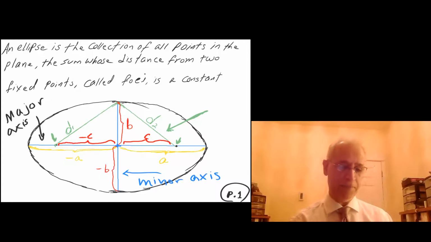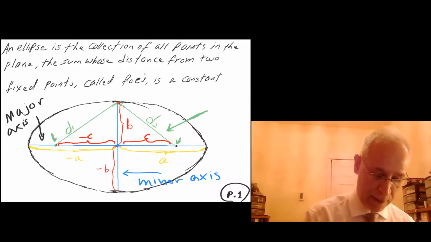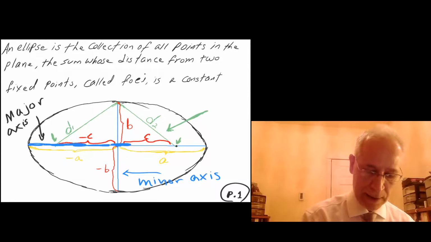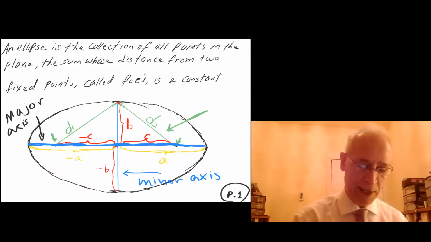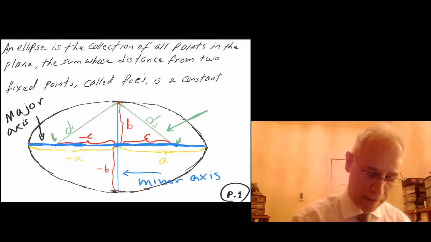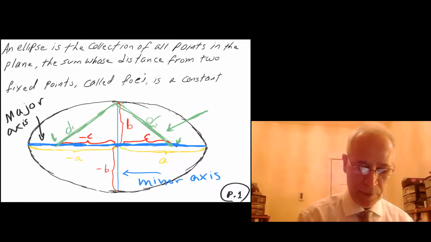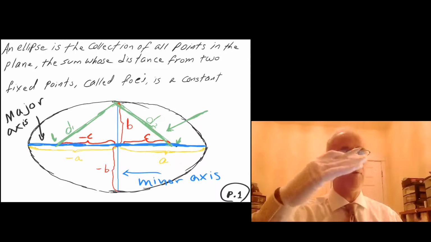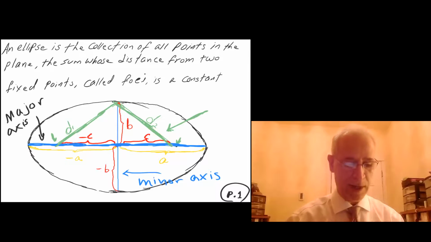So by definition, this major axis, which is this A plus another A on the left-hand side, makes it 2A, and that is the same as saying D1 plus D2. If you press D1 and D2 all the way down flat, it'll be the same size as